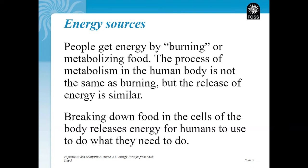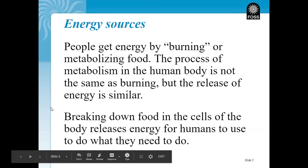When we say that people get energy by burning, it's a little different. Remember, we said metabolizing food and metabolism. A lot of you used the word metabolism yesterday. And that's correct. That's good. Remember, it's not the same as burning the food like in a fire, but the release of energy is the same. And I want to make it really clear here, a lot of people miss this in the Padlet,